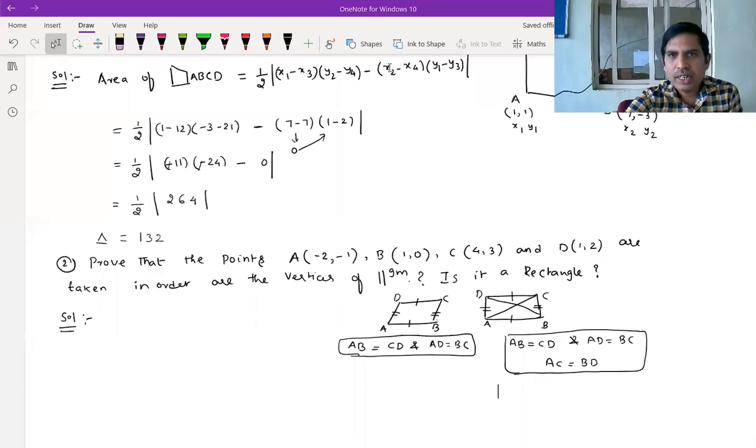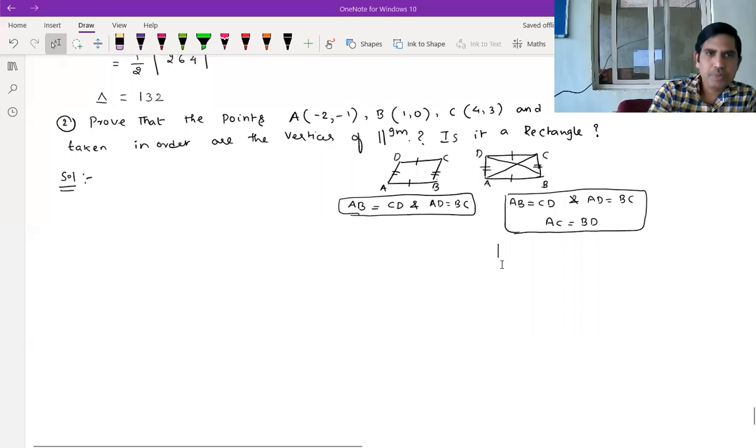Sir, can we divide the quadrilateral into two triangles? Yes, you can do it like that also, but here it takes just 1, 2, 3, 4 steps, and that way the number of steps will be more. Sir, your voice is breaking. No, it is your earphones or headset problem. Right.